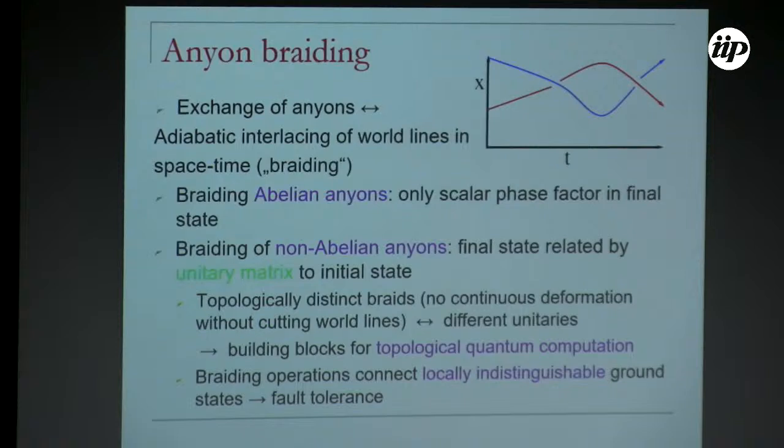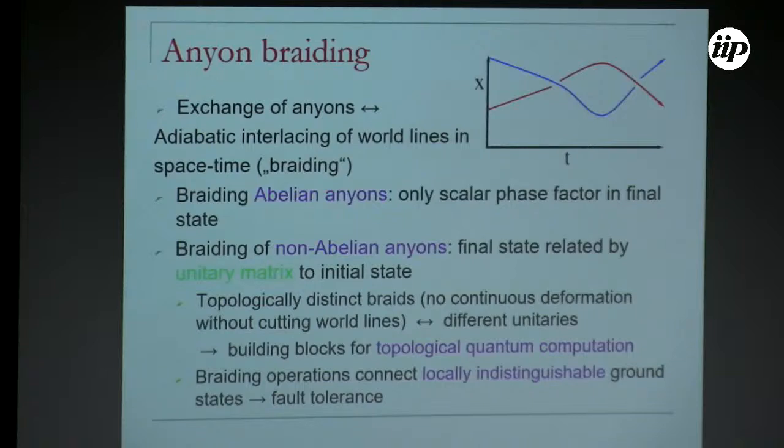So when you have such a braiding, the two states that are connected by this unitary, you can never distinguish these ground states by local operations. You would need to do global measurements. So they're only different on a global scale. And that makes them useful for fault-tolerant quantum computation, because normally errors in